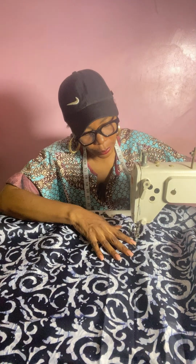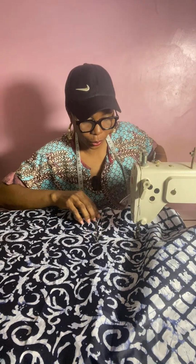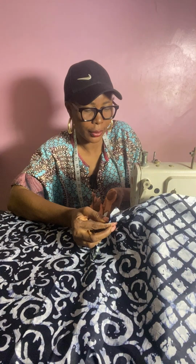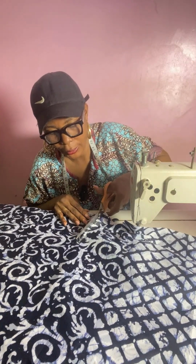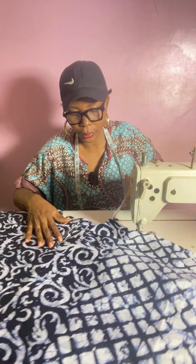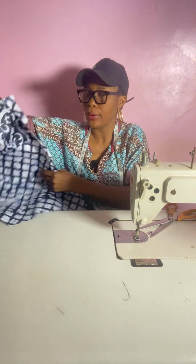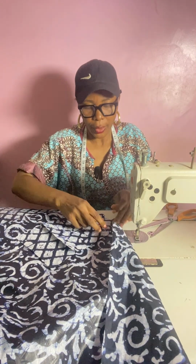Okay. So I'm just trying to check this V neckline, just trying to make sure that everything is okay before I cut. So now the first thing I'm going to do, I'm going to cut that point. I'll cut it open. Okay, so you see, I've cut that open, so that makes it really easy. So the thing I am going to do now, I'm just going to take out my pins and then